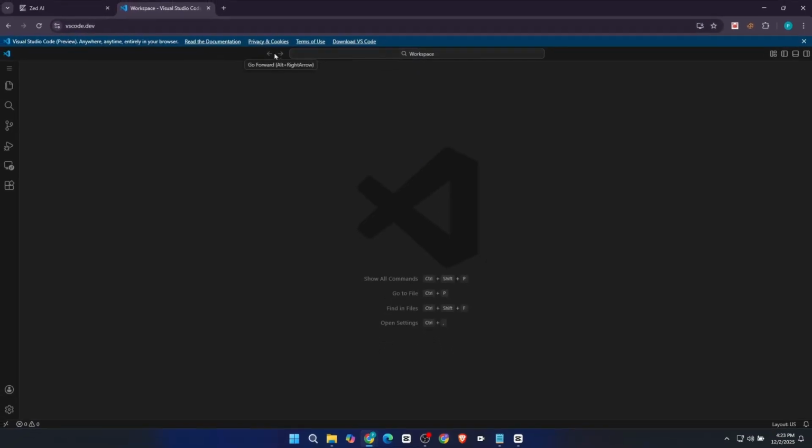VS Code, being mature and widely used, benefits from a massive extension marketplace, strong community support, and proven stability across languages and workflows. If you care about blazing fast performance, AI-powered code editing, minimal distractions, and smooth collaboration, Z is